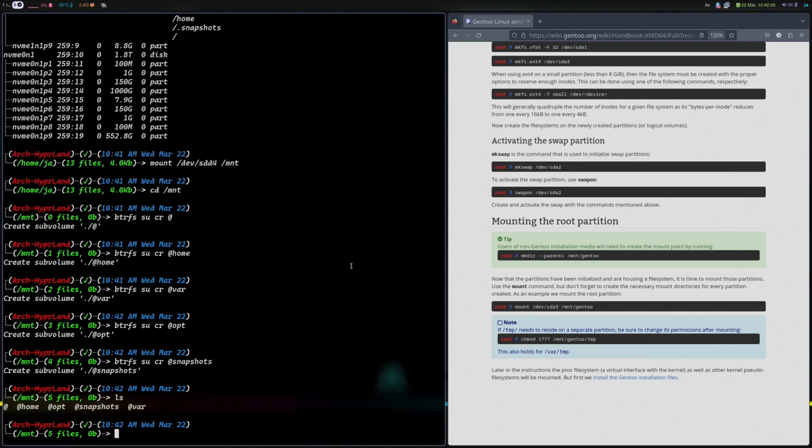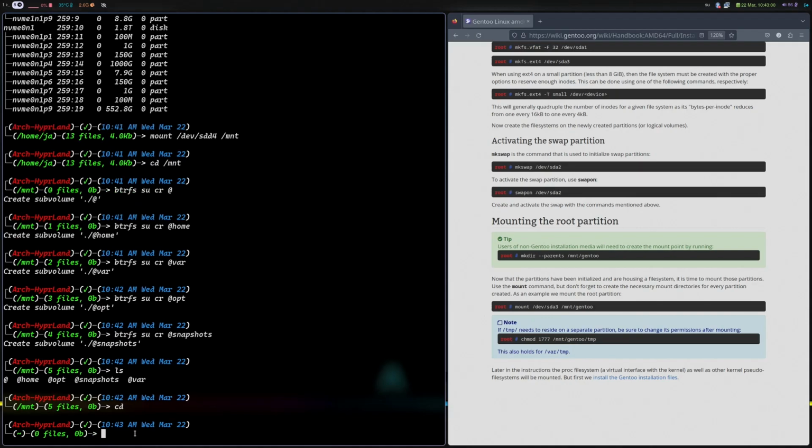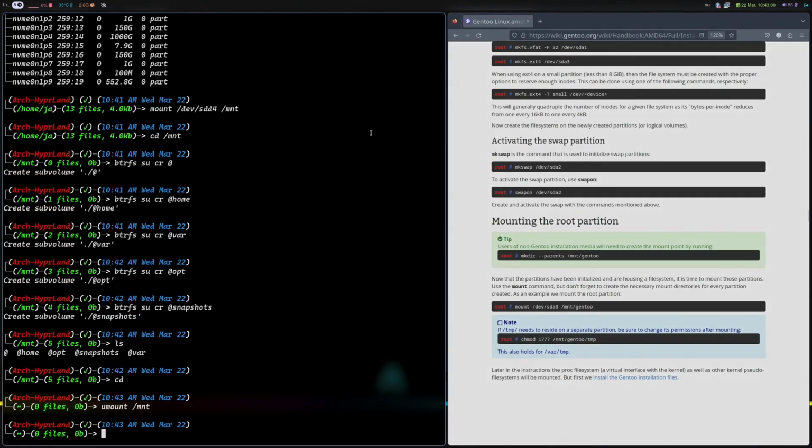So ls, we have this at home, opt, snapshot, and var. That's just about it. So now we can change it back, and we need to mount the MNT. This style that I'm doing now is not mentioned in the wiki. However, this is what I'm used to with my Arch. So let's just say